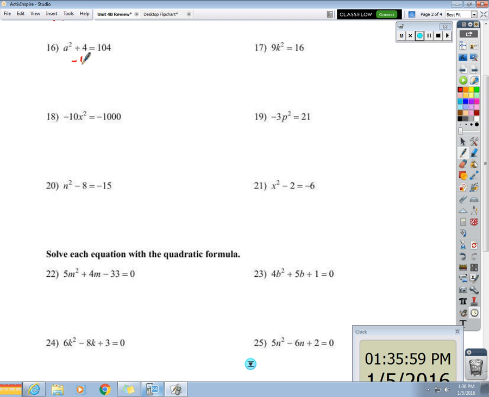Subtract the 4. And so I end up with a squared equals... Okay, now to solve for a, what do I do to both sides? Square root it to get that squared to cancel, and I end up with a equals plus or minus